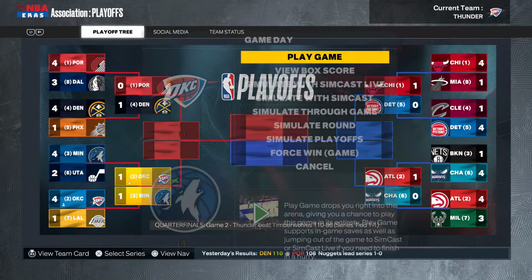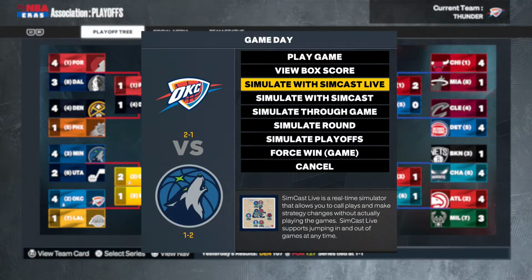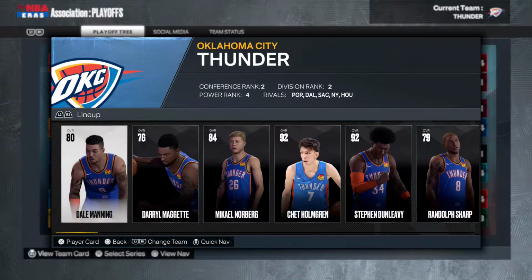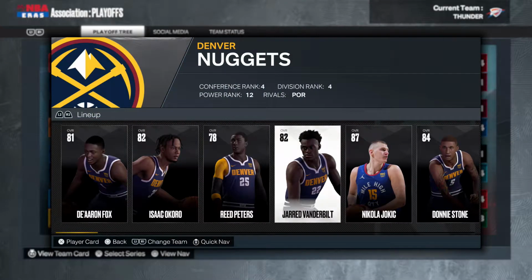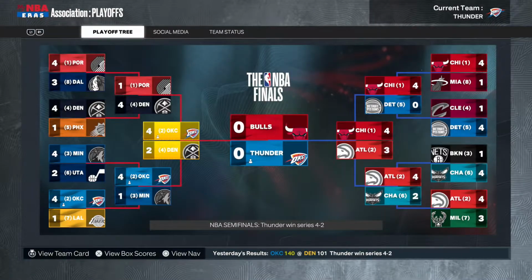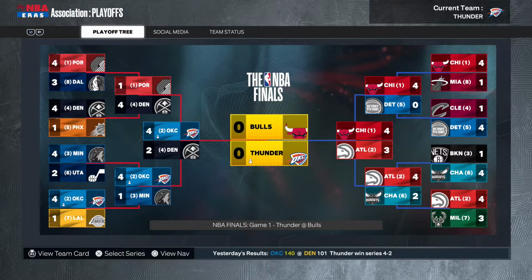I don't trust the Thunder anymore since they don't have a point guard. I know they're still the 2 seed, but they lost their studs. And Chet has yet to show that he's an NBA Finals MVP. Now to take on the Nuggets. Yeah, this one's probably a sweep. There you go. Chet Holmgren wins Western Conference Finals MVP,